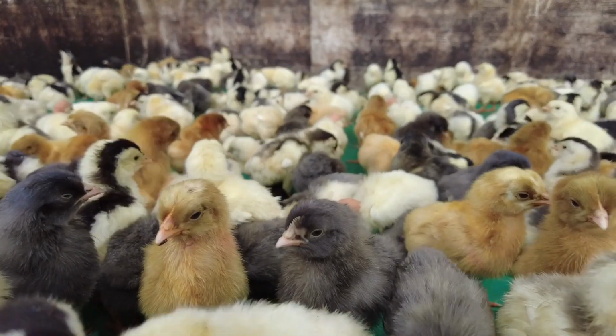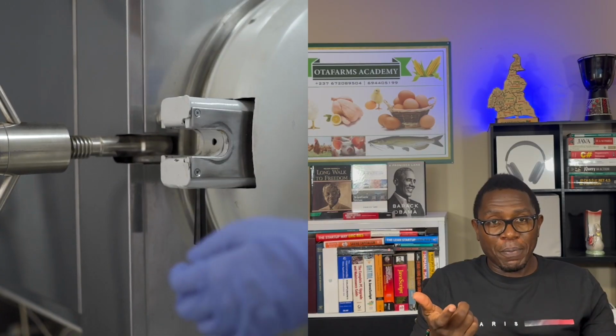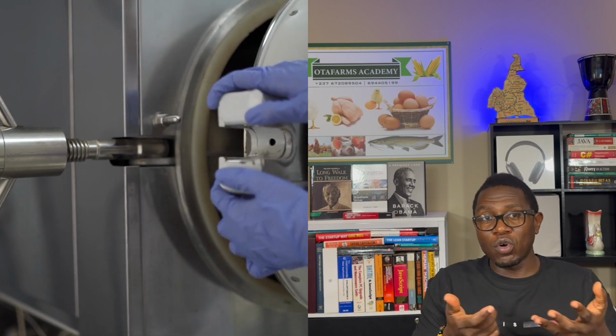So, a little background as to why I decided to purchase our farm equipment from China. When I was disappointed by the local hatcheries, either because they would take our money and not supply us, or they would take our money and supply us bad day old chicks, I decided to set up my own hatchery at the farm. We shopped around from local resellers that actually purchase in China and sell back home